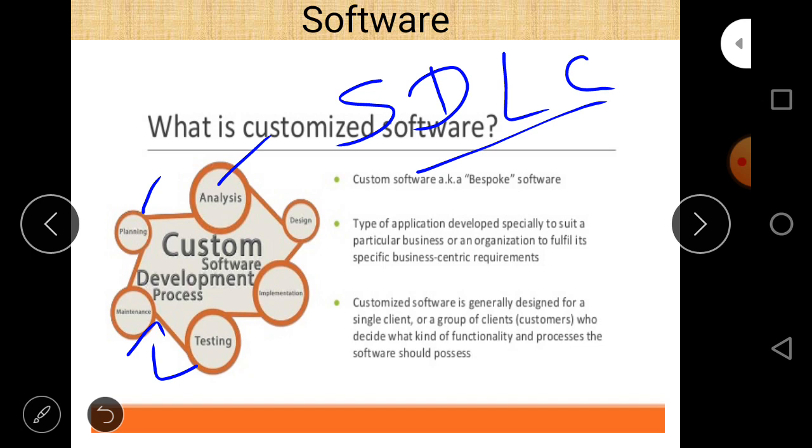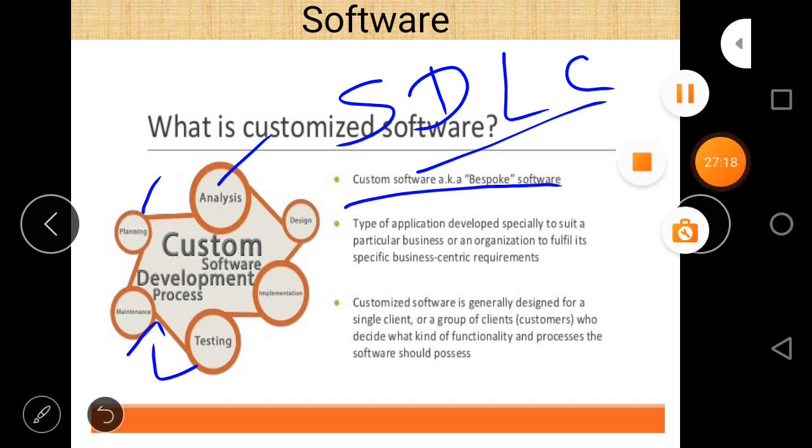In examination, a question is asked using any of these names: define bespoke software, define customized software, or what is tailor-made software. One thing should be clear: tailor-made, customized, or bespoke software are basically user centric.